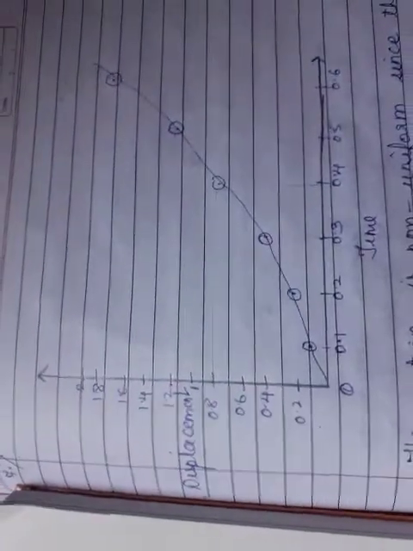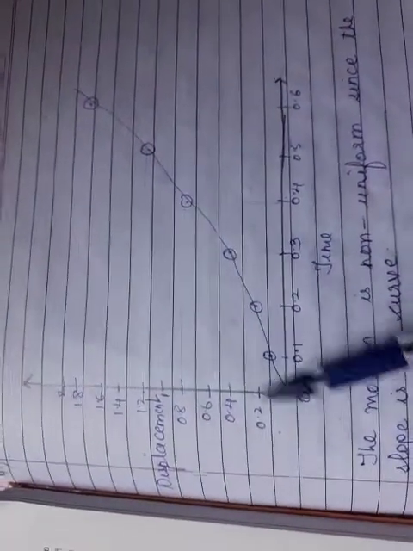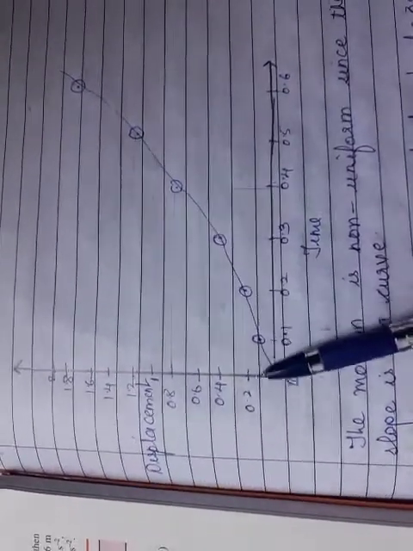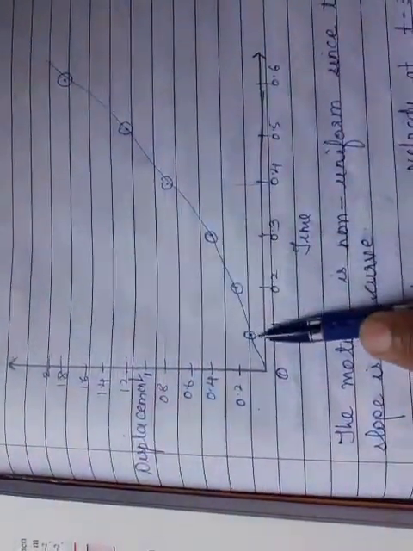So here I have plotted the graph. We can see the displacement and the time axis is written. Displacement I have put on the y-axis and time is on the x-axis, and accordingly the coordinates I have written here. Time, that is 0, 0.1, 0.2 till 0.6. Here I have from 0.2 to 2, so 0.4, 0.6 till 2. Then I have plotted the points.